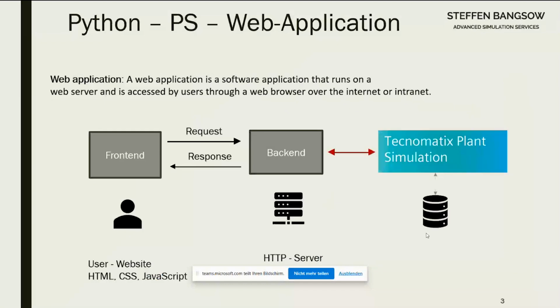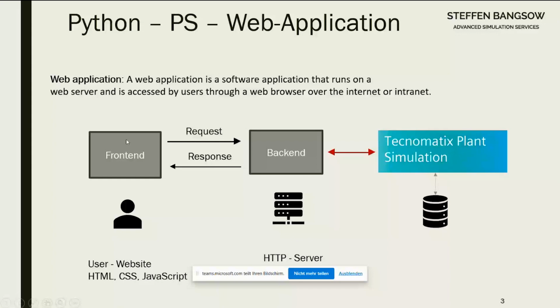Okay, Python web application. First, a short definition. A web application is a software application that runs on a web server and is accessed by users through a web browser over the internet or intranet. So if we want to control plant simulation through this, we have 3 parts.